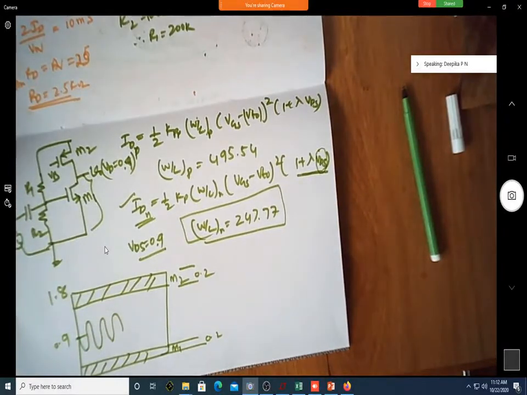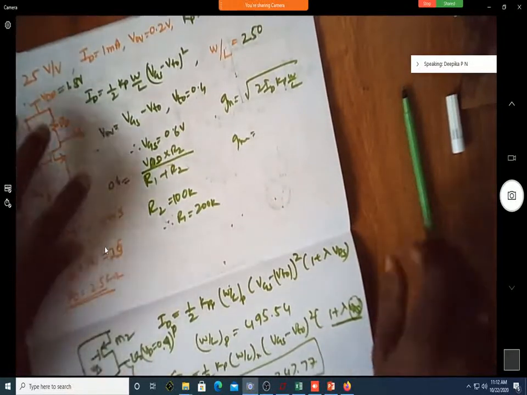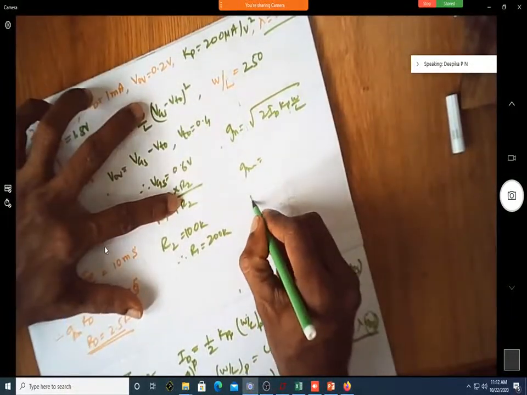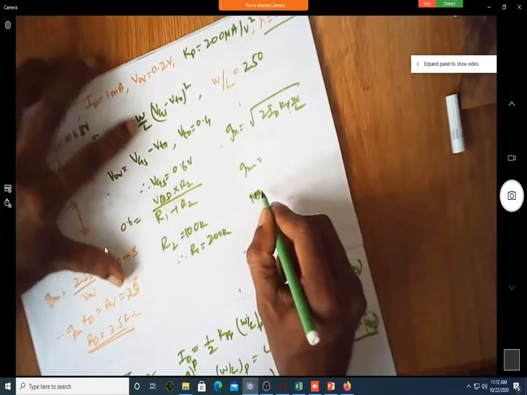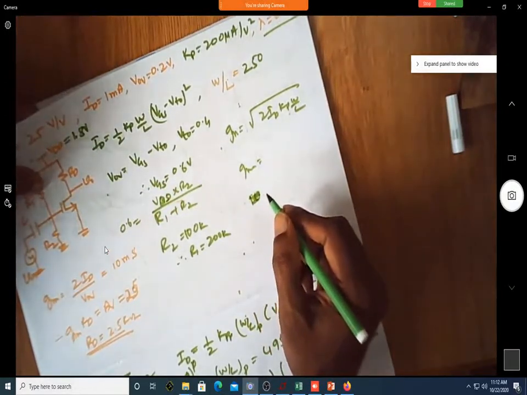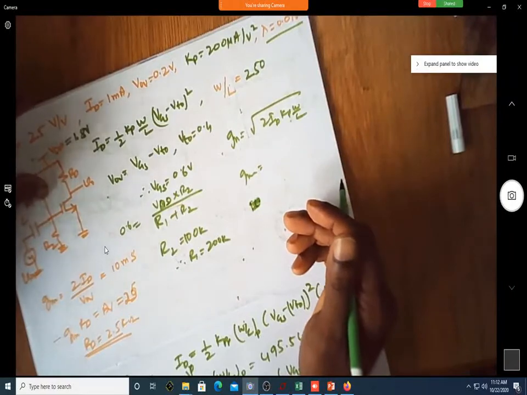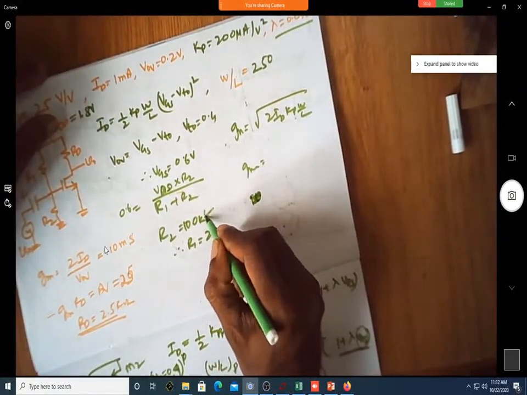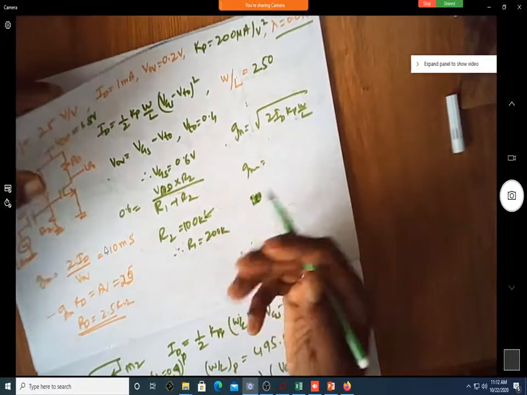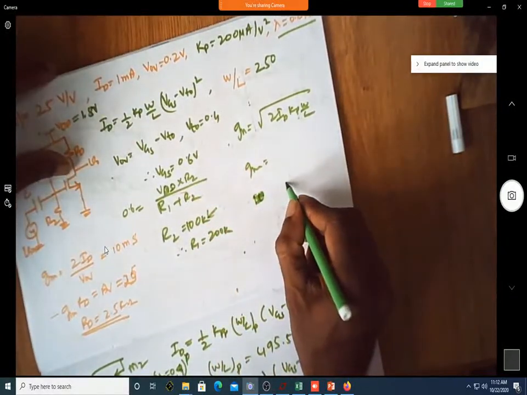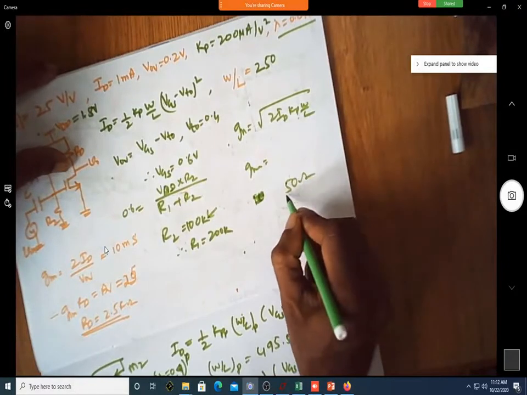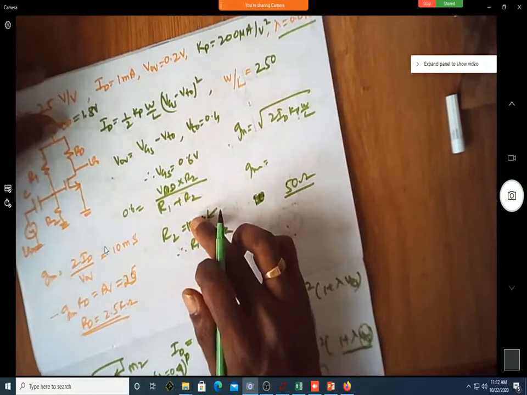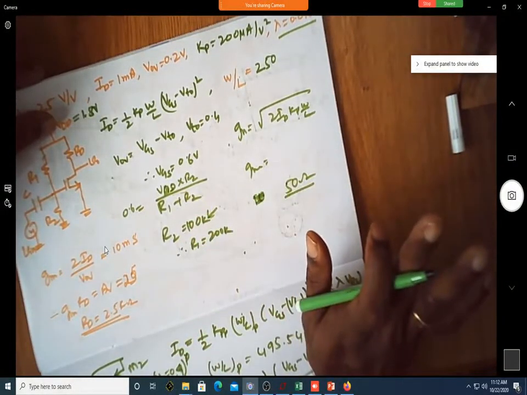Sir, one doubt. Why should we assume that R2 is equal to 100K? Okay. Let us assume this as 100 ohm. You tell me what value you want. I have assumed it as 100k. Now the question is why it is 100k. You tell me some other value. Suppose I take it as 50 ohm, it is still possible to assume R2 as 50 ohm also.